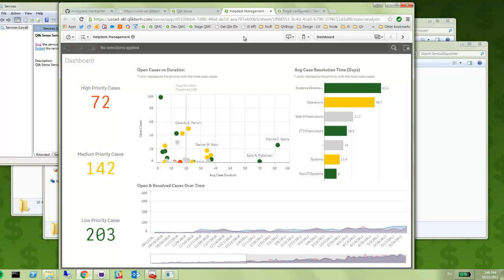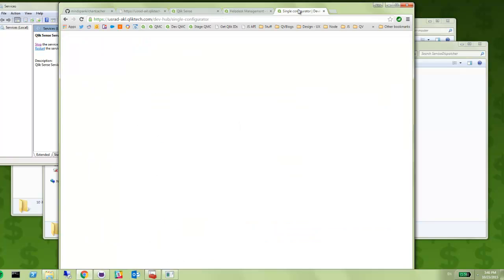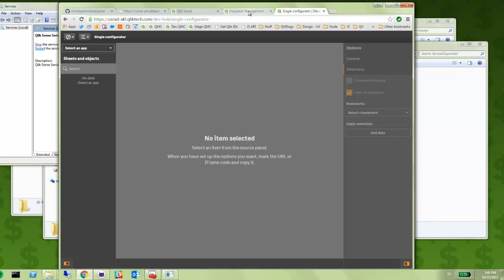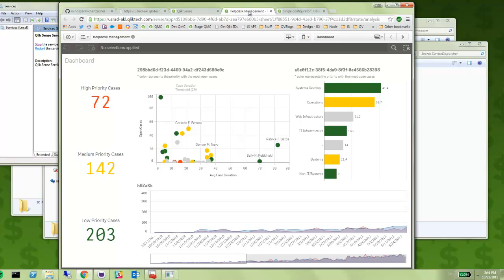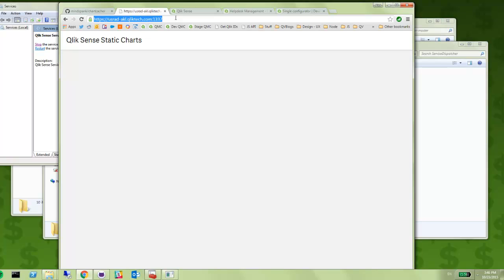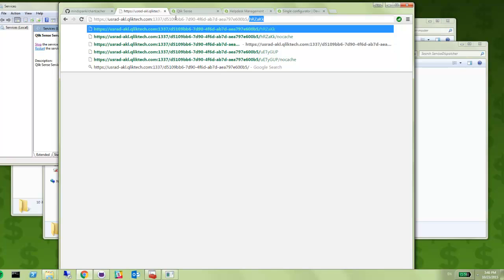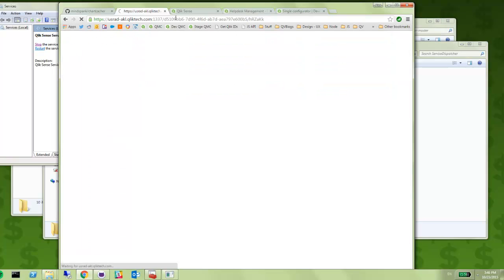So I'm just going to use a little shortcut to grab these IDs. You can find that video in the same YouTube channel. And we're also going to grab this application ID. You can of course also use the single configurator that ships together with the product if you find that to be easier. You'll notice you have the application ID up here in the URL, so we're just going to copy that one, and we can go back here, and the syntax goes: the server name / application ID / a shard ID. So we'll pull this up as we already cached it before,